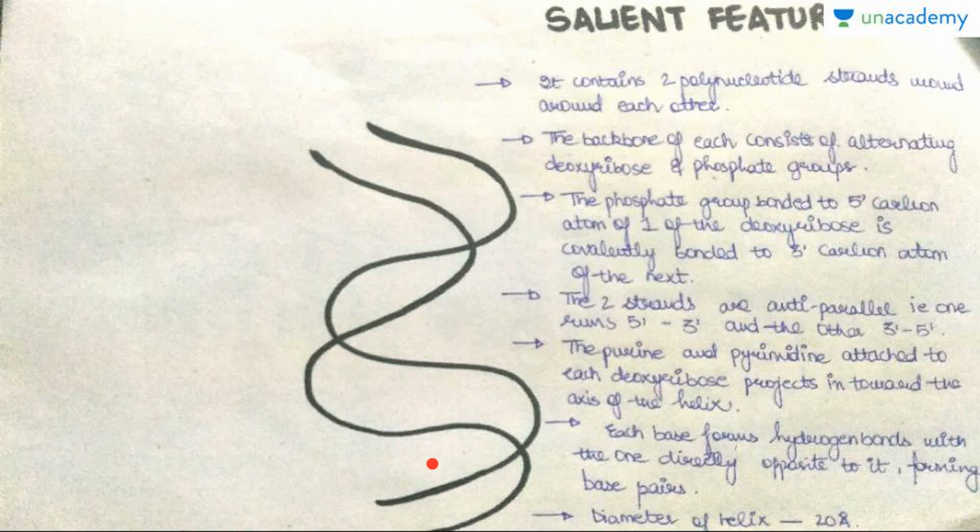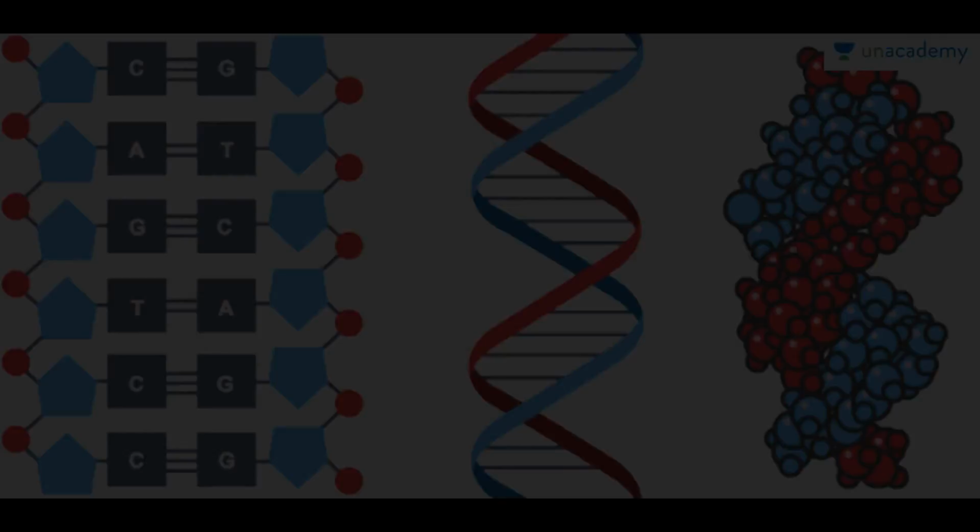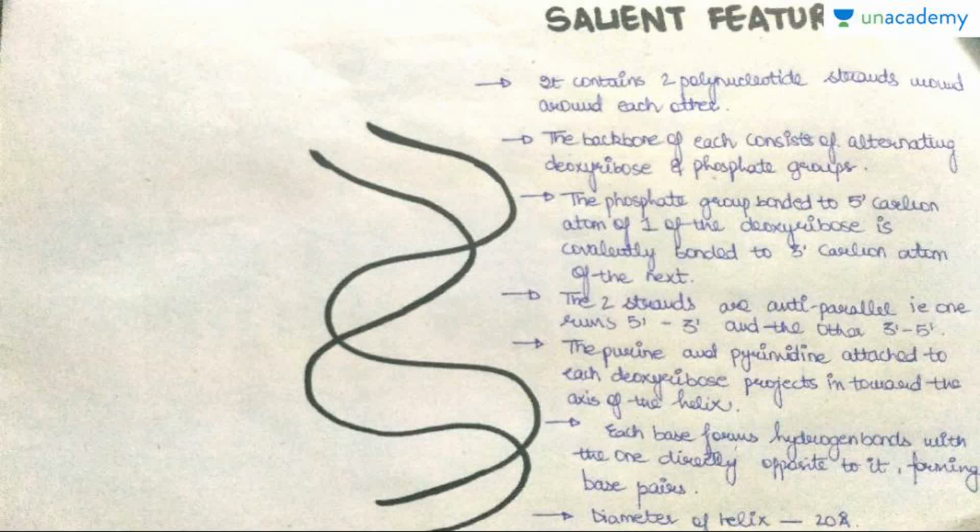I've just drawn it to accentuate the look of my spread. Do not refer to this diagram. If you had to, you will refer to the diagram which is drawn in this picture. So we've got the first point, it contains two polynucleotide strands wound around each other,